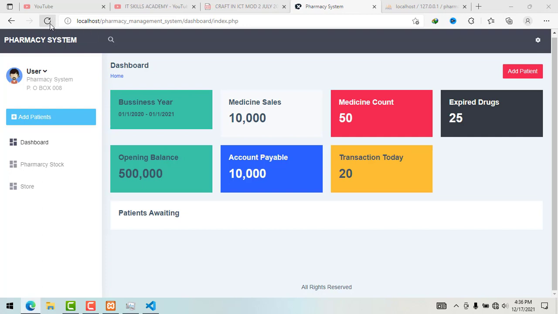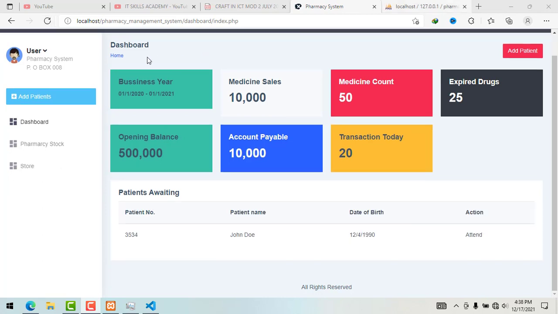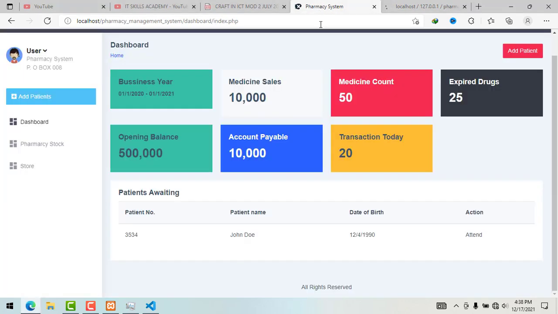So we refresh that. Well, so this is the table. As you can see, it looks so beautiful. So we have the patient number, the patient name, the date of birth, the action, and we have the dummy